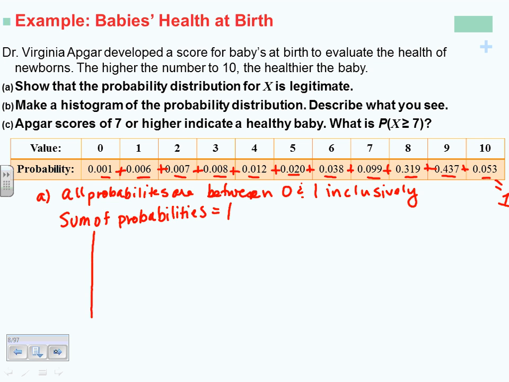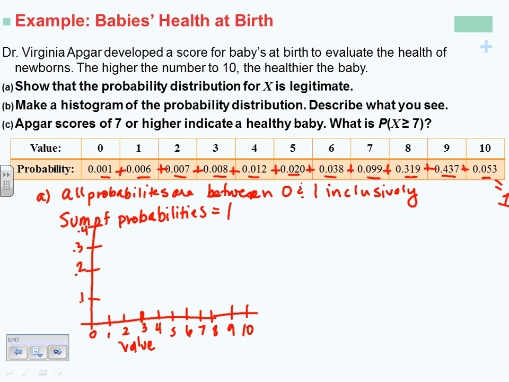So let's see then. I am going to have the biggest I have is the 0.4. And let's see, we have the value, which goes from 1 to 10: 0, 1, 2, 3, 4, 5, 6, 7, 8, 9, and 10. And then you can label this the probability. And if you want to give it an overall label, I'm going to go ahead and erase this part